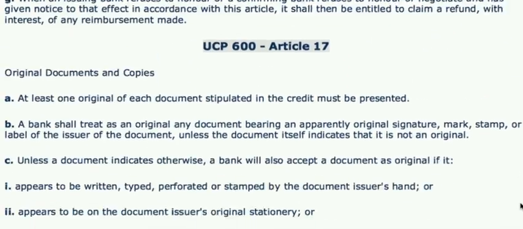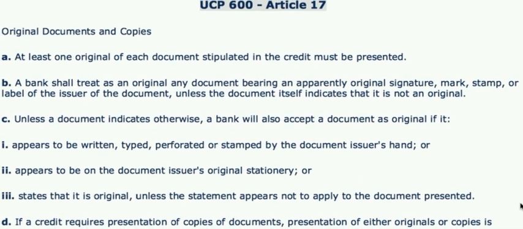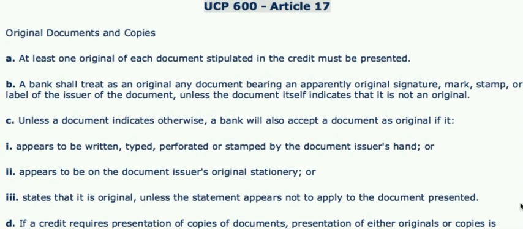Then we come to Article 17. It tells about original documents and copies. So the compliance must be for the original documents, and original documents are those which are typed originally, stamped. They carry original stamps. They carry original signatures. They cannot honor the commitment on the basis of copies of the documents. All documents must be original ones.